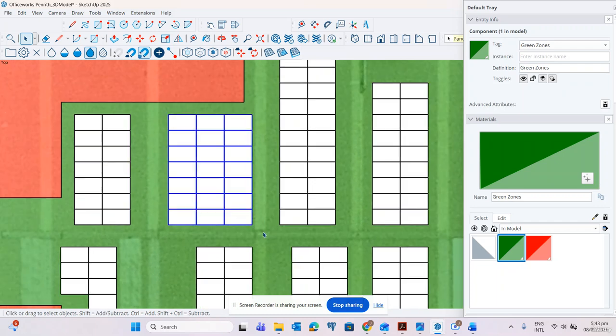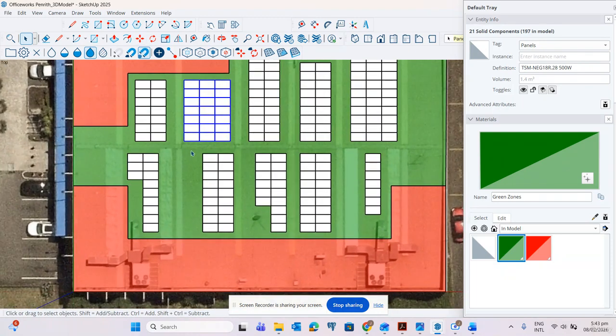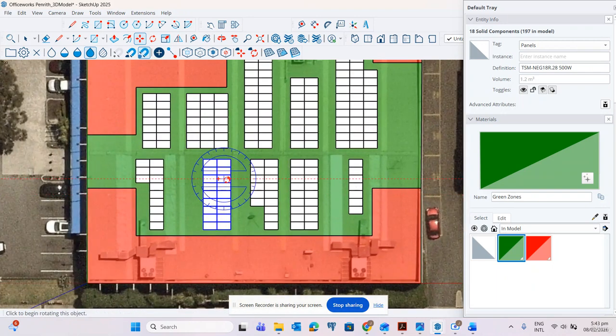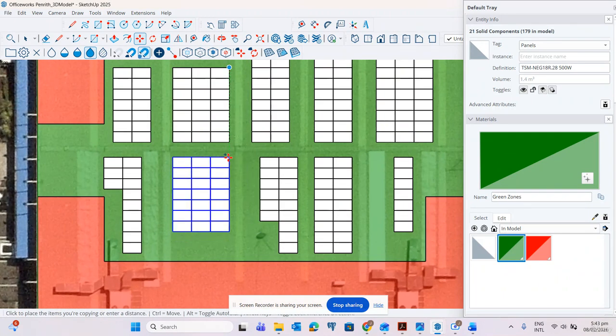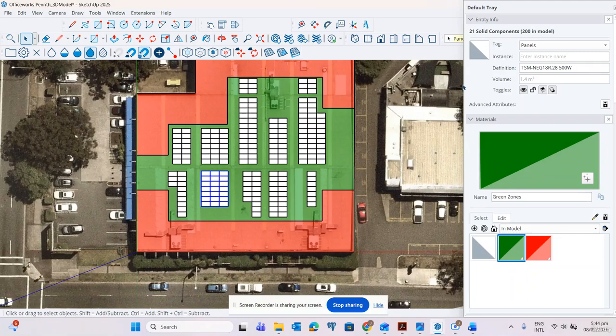Yeah, there's no more space. Then 197 panels. Okay, and then we can add that is 200, 200 in the model. So we already have 200 panels.